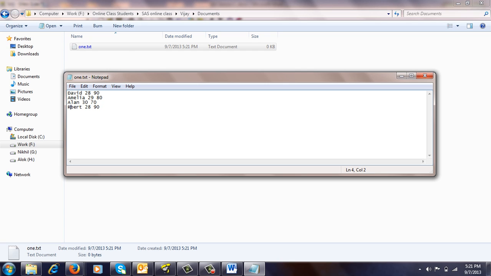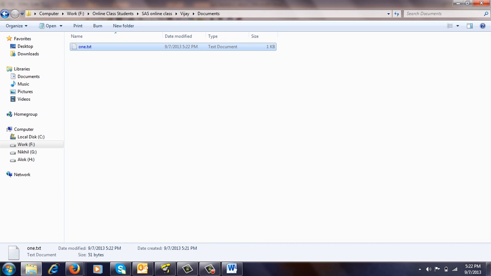In that case you have to give some different rule to read that. Like in place of a space you are giving some other characters like comma or hyphen, then you have to give a different code. Yes, one character should be there to differentiate the values. So I am taking just 2-3 simple examples. Later on we can go for the complex examples. I have taken these values and close this.